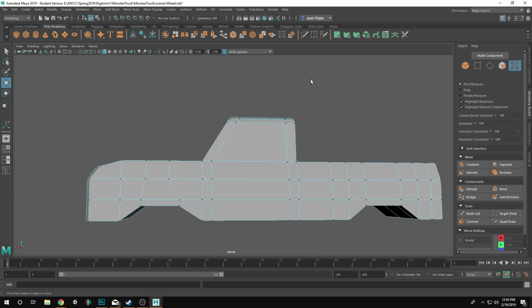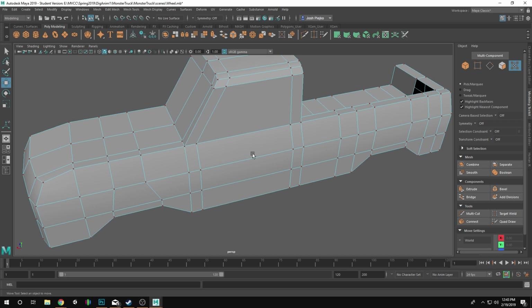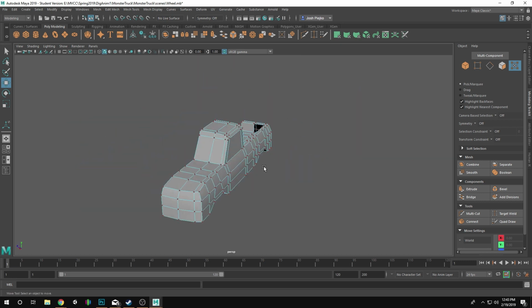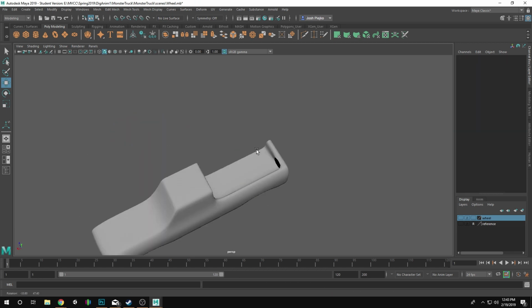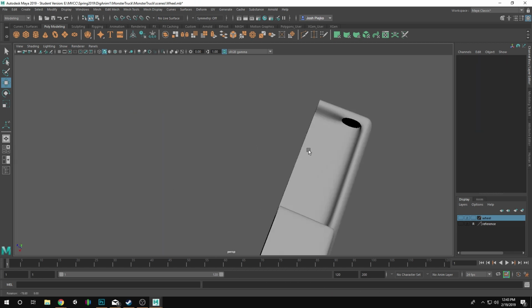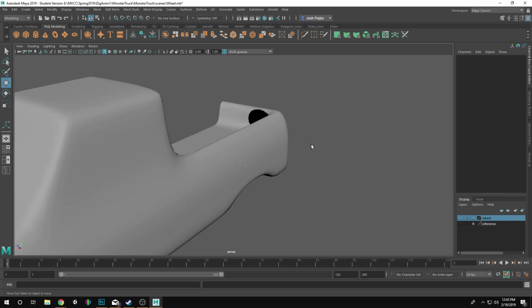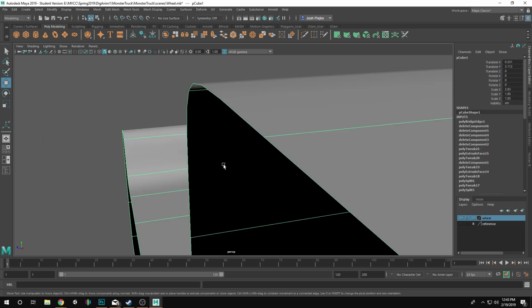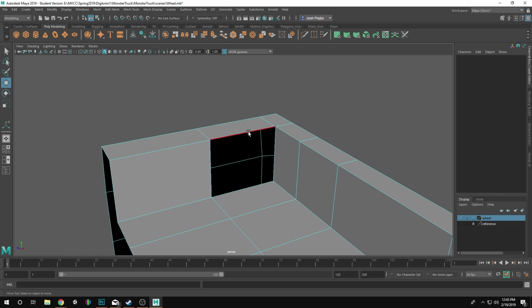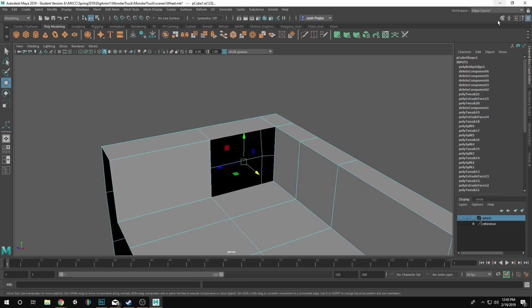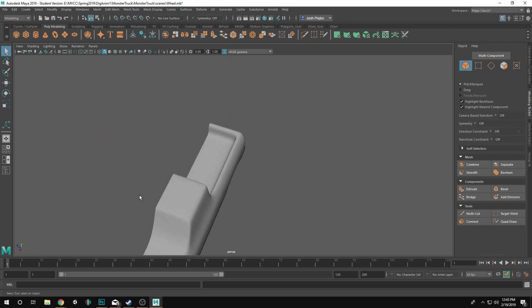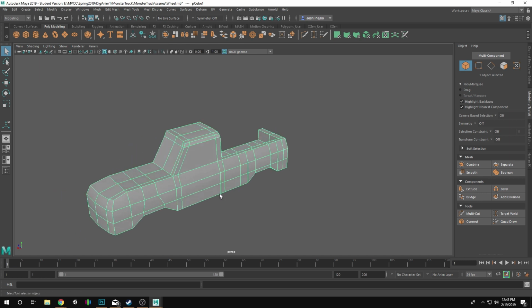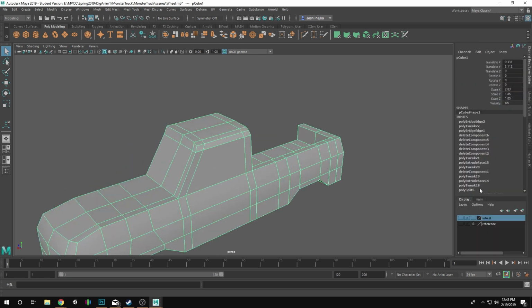Alright, so I gotta make my windows and I gotta make my bumpers on this thing. And if I were to turn on smooth preview with 3, this looks not so good. And we also have a giant gaping hole here. That's because I have a hole literally in here. So I just have to make sure I clean that up. Bridge. There. Now hit 3. There we go. We fixed that. So we need to have some hold edges on here to prevent these things from smoothing out that much. But before I do that, I'm just going to turn on my reference and make sure I have the rest